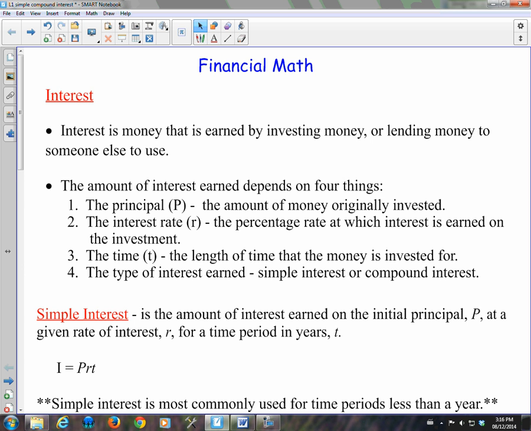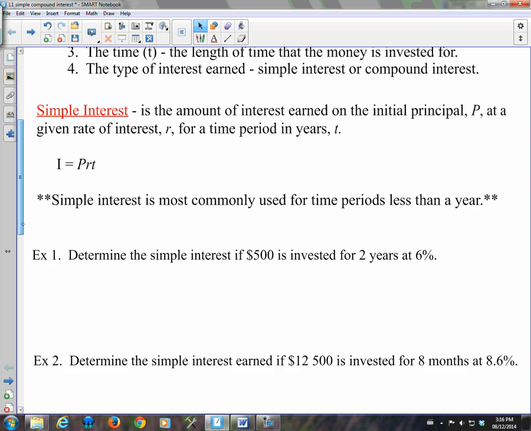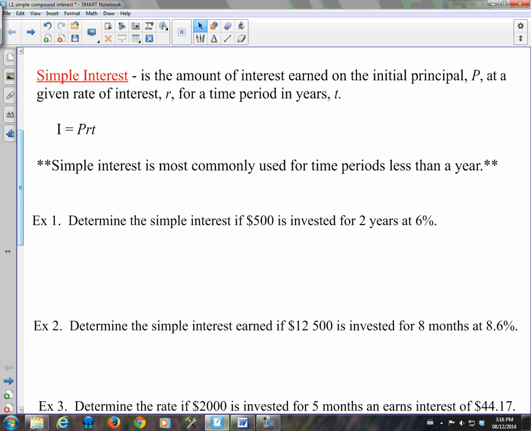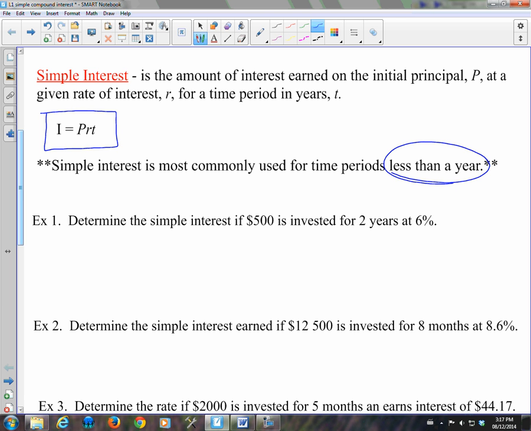So we're going to start with simple interest. Simple interest is the amount earned on the initial principal at a given rate of interest for a time period in years. And the formula we use to calculate it is I equals P times R times T. So to calculate the interest, you have the principal times the interest rate R times the time. Simple interest is used most commonly for less than a year. Another comment is R must be expressed as a decimal. So you have to take your percent and change it to a decimal